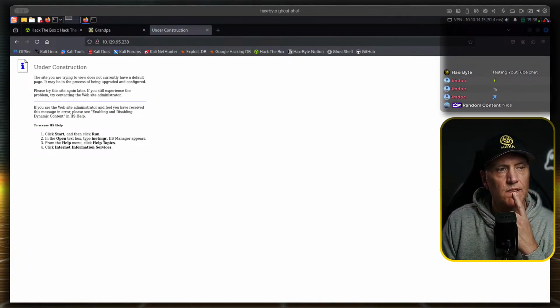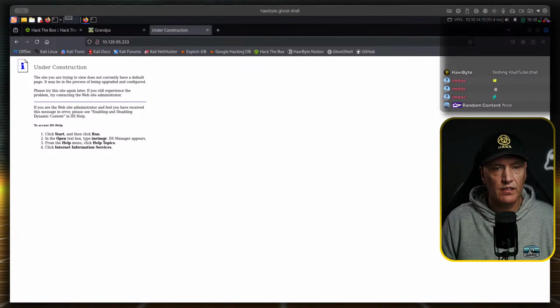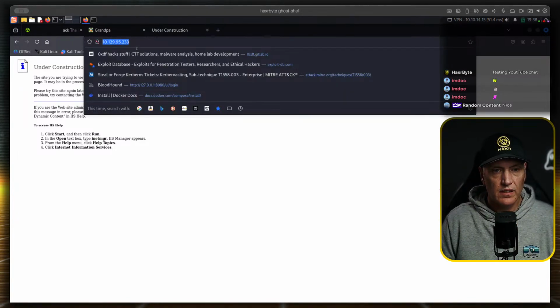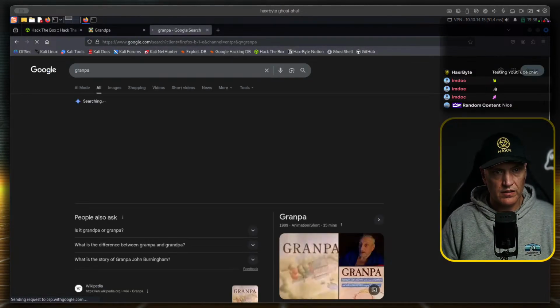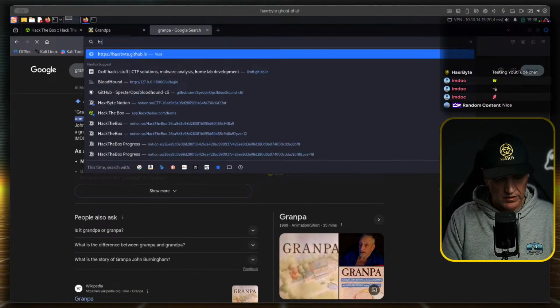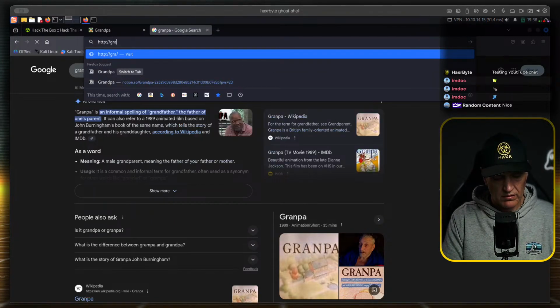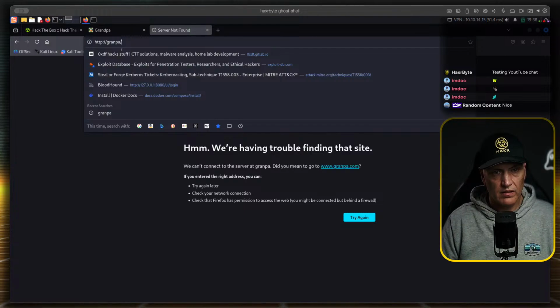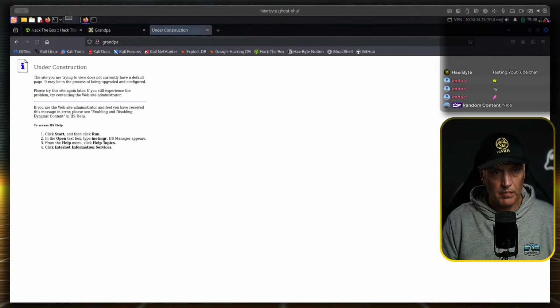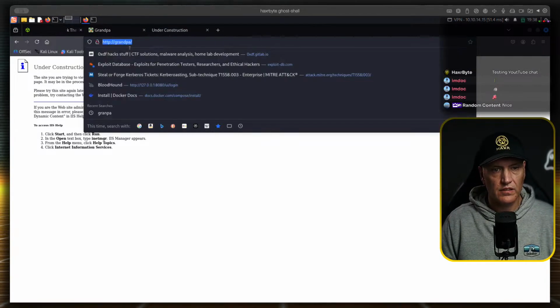Under construction. Okay, so it wasn't lying about that. It won't make a difference. Oh, well, HTTP grandpa. Also under construction. Doesn't make a difference, really.